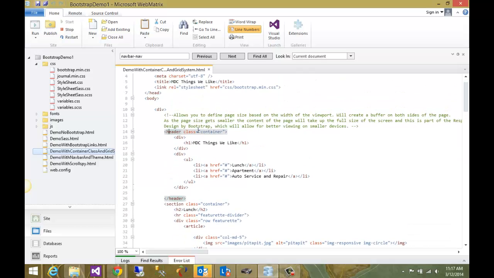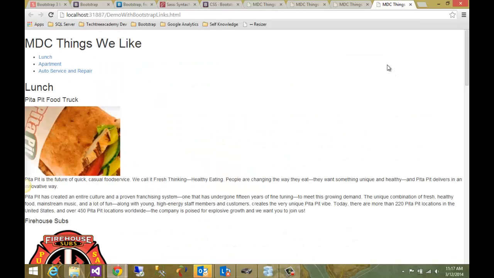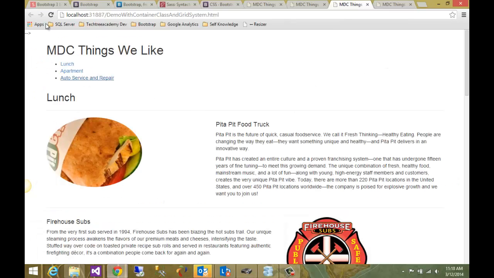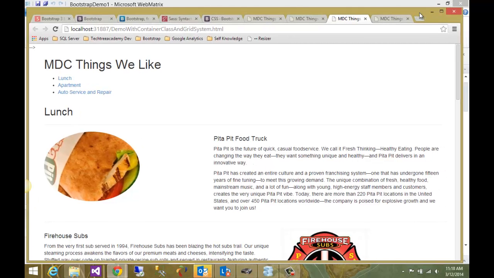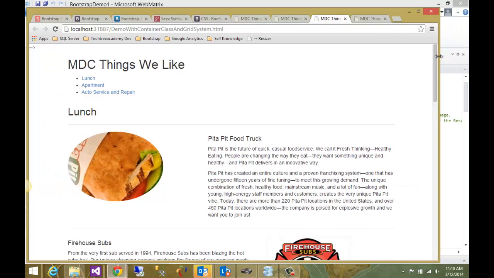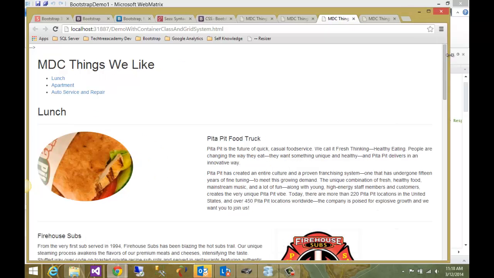Simply by adding this class container right here, the site went from all the content being on the left-hand side right here to being nicely fitting within your browser, right? And what that does is